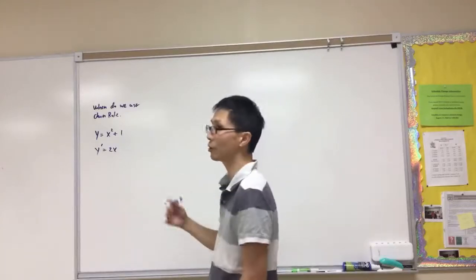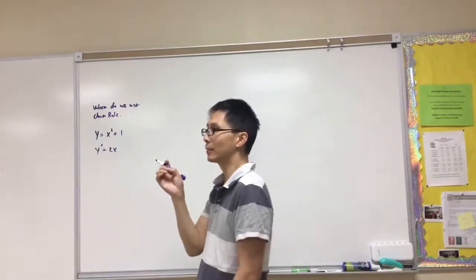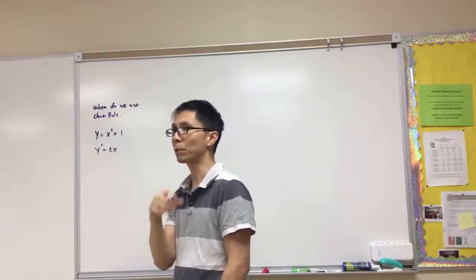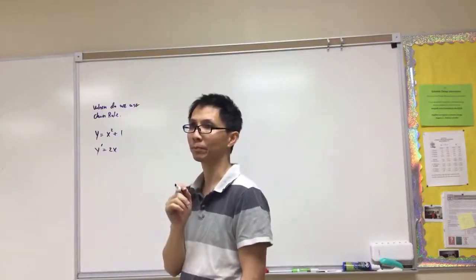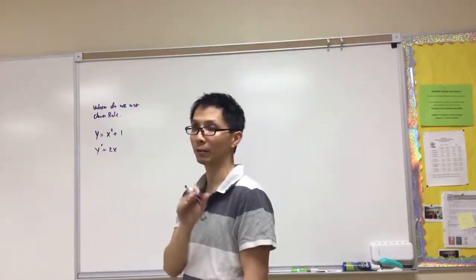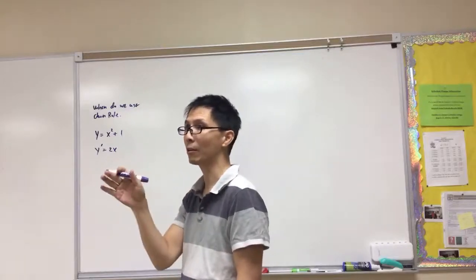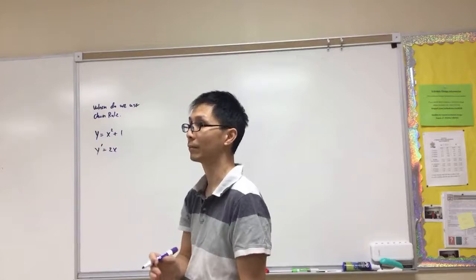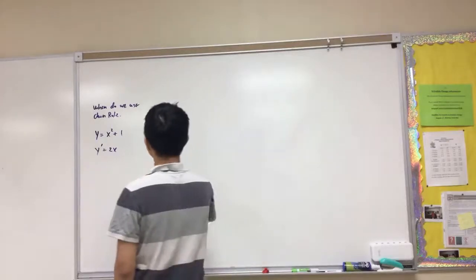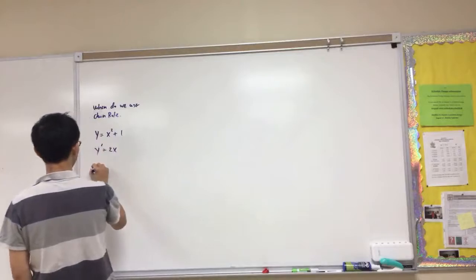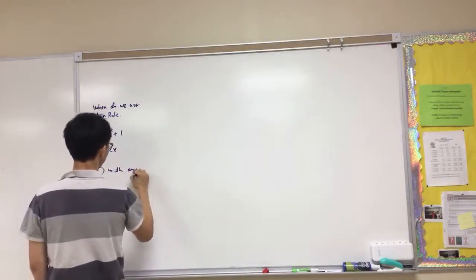So now I'm going to show you the chain rule. The basic thing is the chain rule is used for a parenthesis to any other power than 1. Any power other than 1. If it's a parenthesis to any other power other than 1, you can use chain rule. So for example, I will say parenthesis with any other power